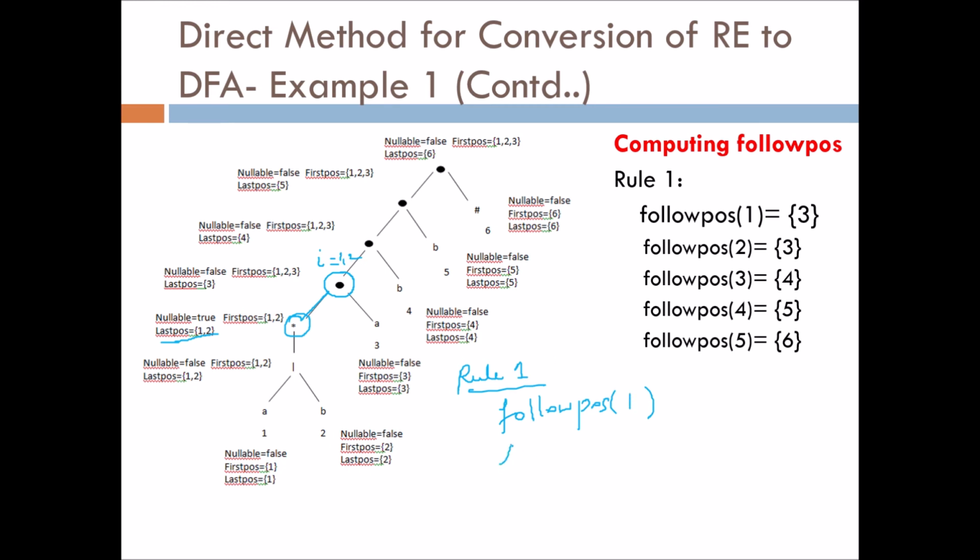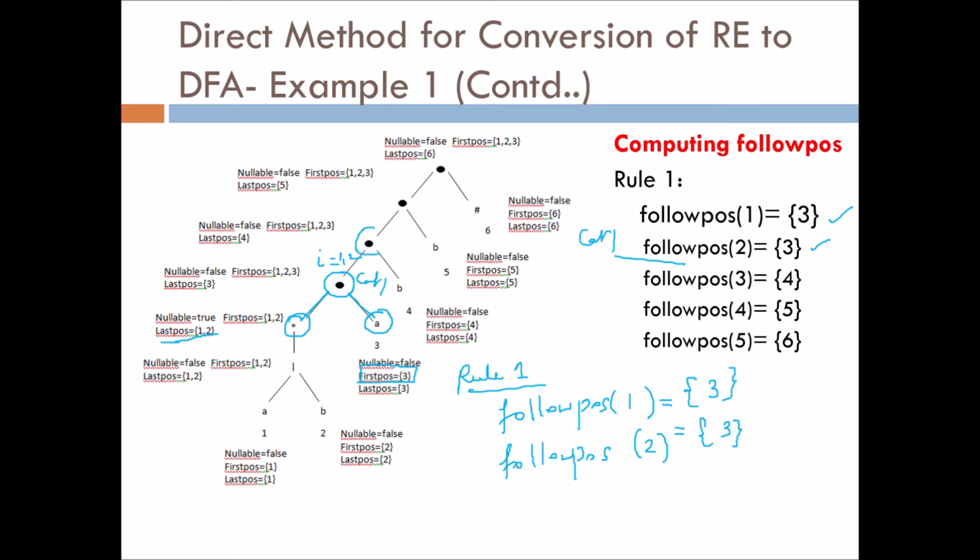So put this here. I'll have two computations corresponding to this cat node, follow pos of 1 and follow pos of 2. And this should be equal to x, and where should I get this x value from? It is the first pos value. So go here to the right child and consider its first pos value, which is 3. So here we need to have 3. So this is 3 here and 3 here. So this comes from the first cat node. So if I call this cat node 1.